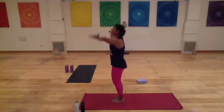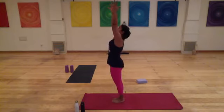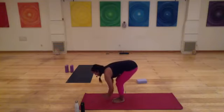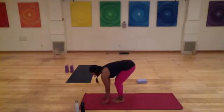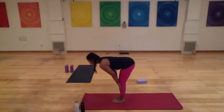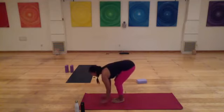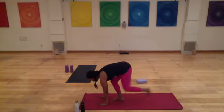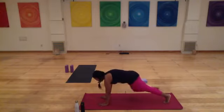Inhale, circle sweep your arms. Look up, rise up. Exhale, hinge to a forward fold. Inhale, halfway lift, flat back. Exhale, fold. Drop your palms on the mat and this time shift the left leg back followed by the right